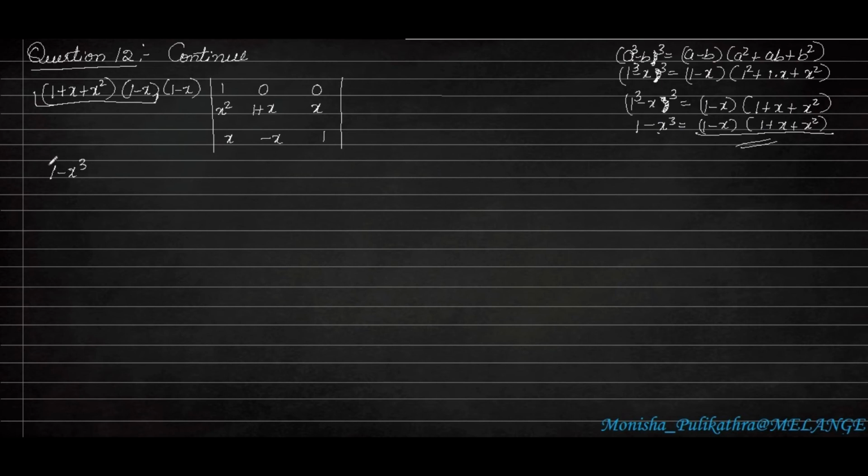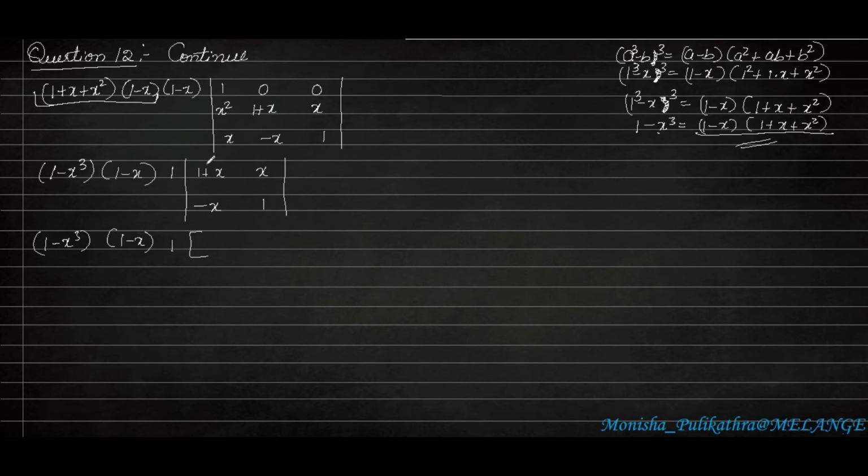So 1 minus x cube, that is a cube minus b cube, that is 1 cube minus x cube. 1 cube is also equal to 1. Therefore, instead of this whole element, I will be taking (1 minus x cube) into (1 minus x). Here the maximum number of zeros is in the first row. So since 0 is there, we can take only 1 here. So if I take 1, this row and this column will be deleted. So the remaining will be these 4 elements, 1 plus x, x, minus x and 1. We have to take the determinant of it. Okay. So (1 minus x cube) into (1 minus x).